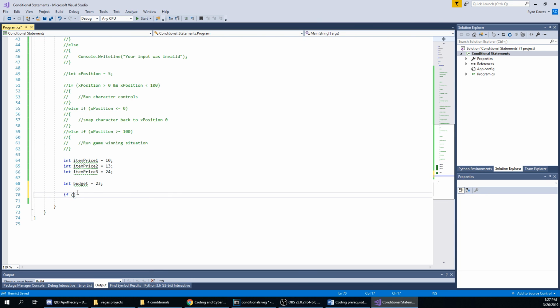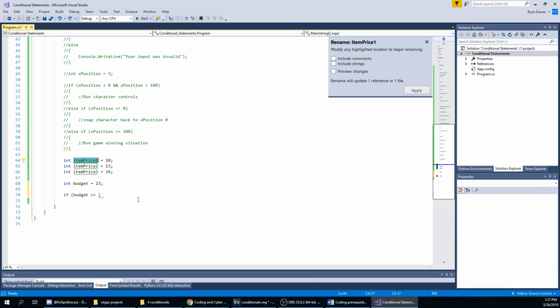So we're going to say if budget is greater than or equal to item price 1, and just to make this simple, I'm going to rename these to a smaller name just to make it easier to type. Something cool, and again, this is the whole Visual Studio writing code for you kind of thing. If I click on this and press Control-RR, it'll let me rename it. Everywhere else in my code, this will be renamed. It's super, super cool. So item price 1, I'm going to say P1,